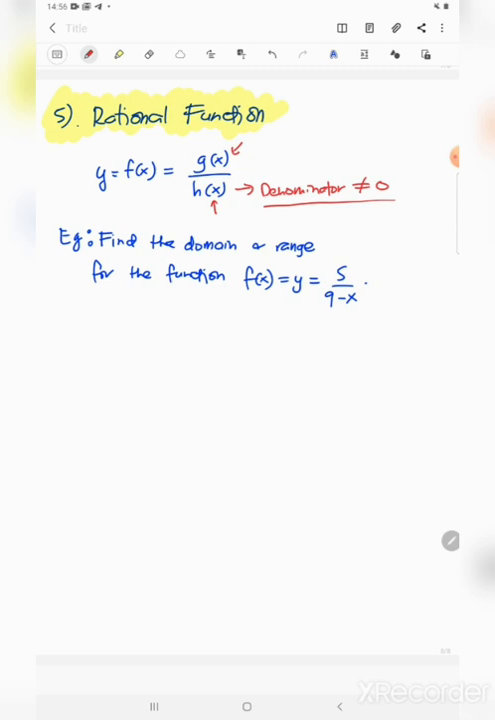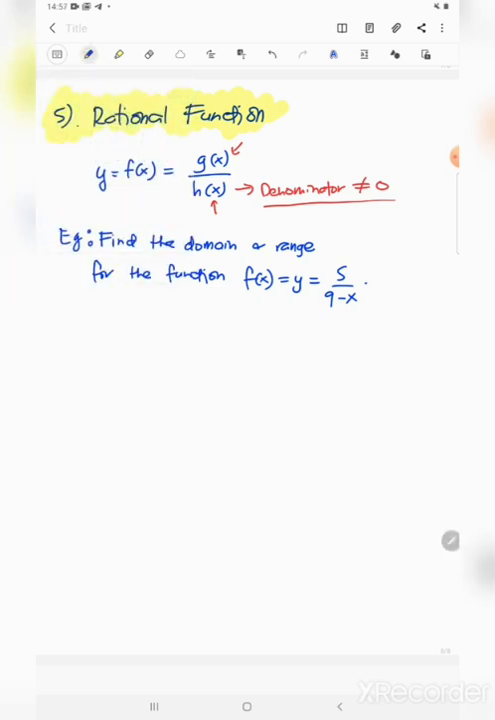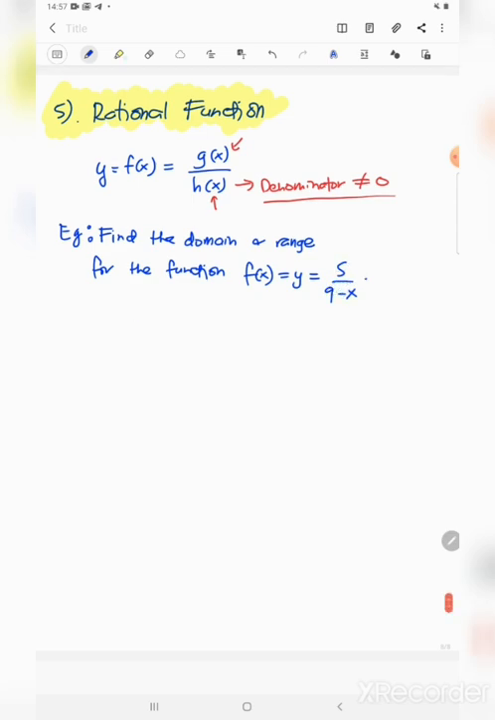Okay, we cannot take that number as our domain. Now we have an example. Find the domain and range for the function f(x), y equal to 5 over 9 minus x. We know now that the denominator cannot be 0 for a rational function. So you have to check the denominator, 9 minus x. 9 minus x cannot be 0, negative x cannot be negative 9, therefore